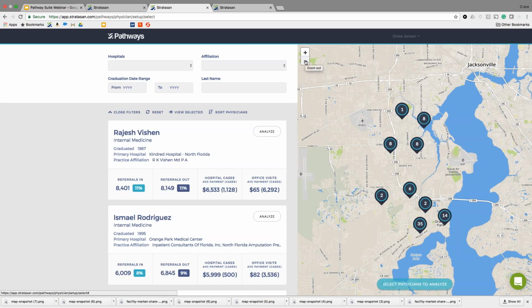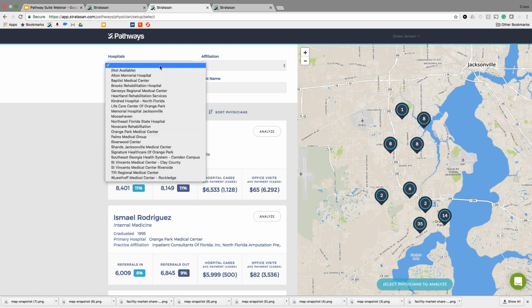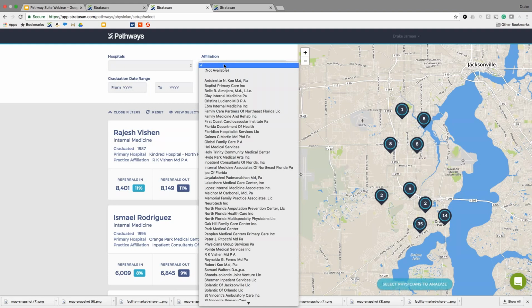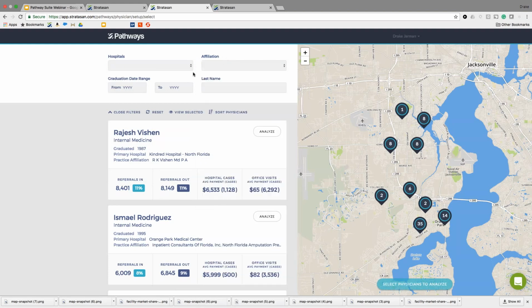And how I'm going to do that, you can actually do that in a variety of different ways. You can choose physicians from a primary hospital affiliation standpoint. This would be where they produce their most revenue. We can choose if you're looking for a specific medical practice, there's an option for that. You can choose a graduation date range from medical school, and this would come into play for a lot of